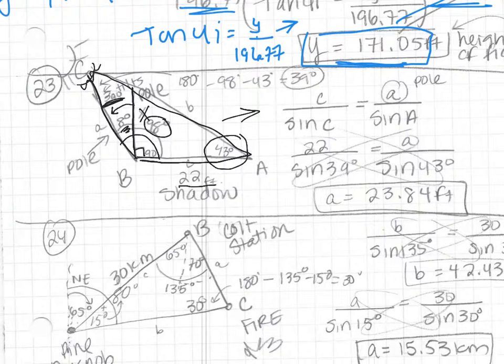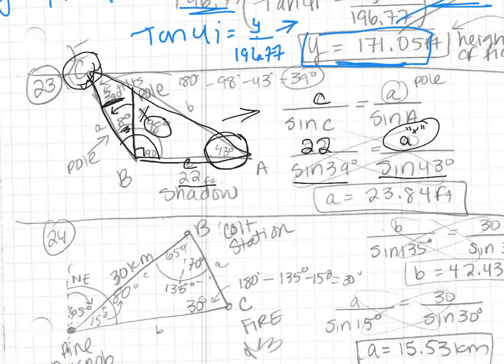So if we're going to use angle 43 of this big triangle and we're going to use C, we can do side little c, which we know because we know the shadow, over the sine of big C, which we figured out was sine 39 when we subtracted angle of elevation and that 98 degrees, the 90 plus the tilt. We want to find out the A, or x, the height of the flagpole. So you can have one unknown. And across from side A, we have 43 degrees, so sine 43. And when we cross multiply, we get